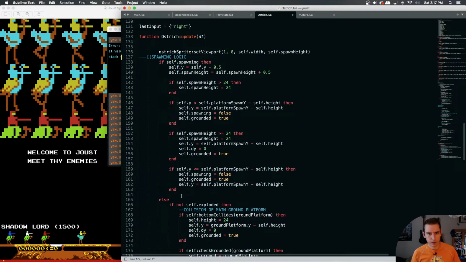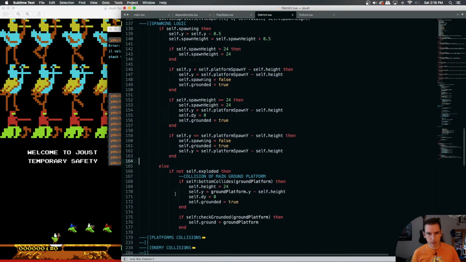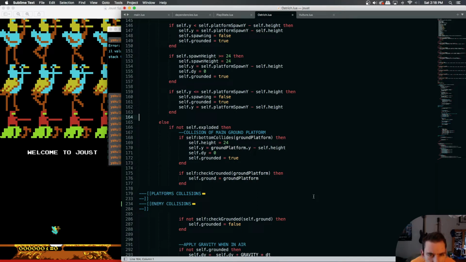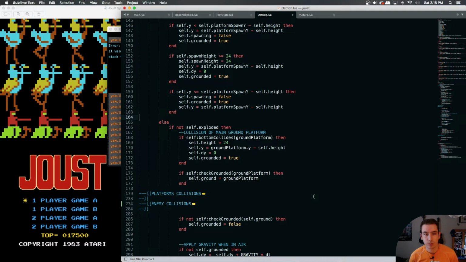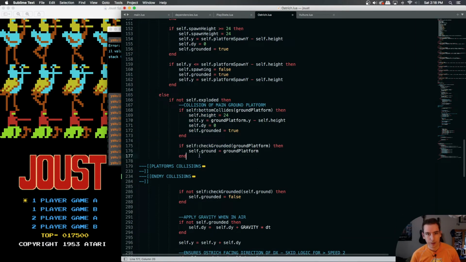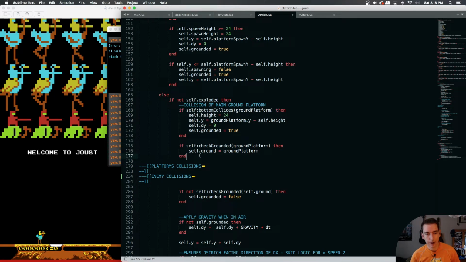If self-spawning, otherwise if not self-exploded. What am I doing here? So if we're not spawning and we're not exploded, meaning we're alive and we've done spawning, if we bottom collide with the ground platform, set our ground height. So this is the only ground platform collision that's outside of our platform collision here. And that's because our ground isn't really a ground platform,